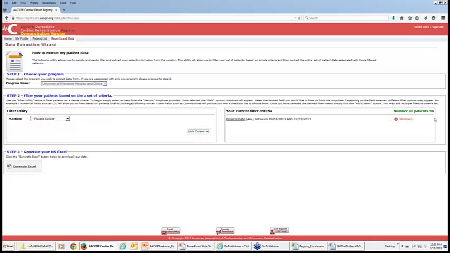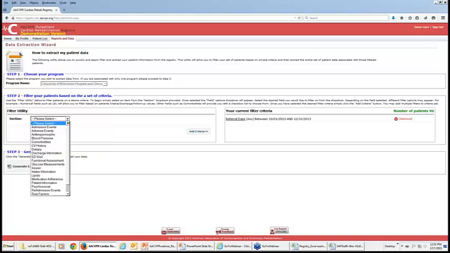So we have 96 patients who were referred to our program between these dates. Now, I might want to make this even more specific. Let's say I only want to look at the hemoglobin A1C values of patients who were referred during this time frame.